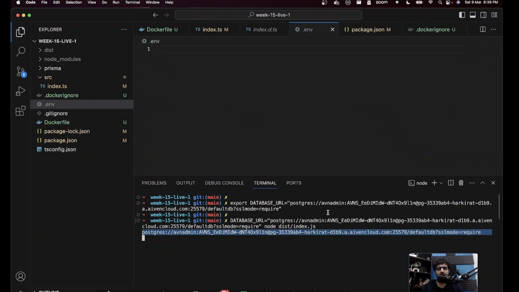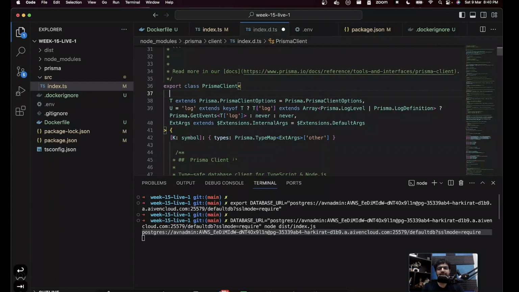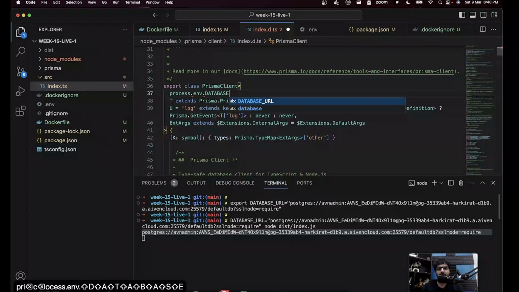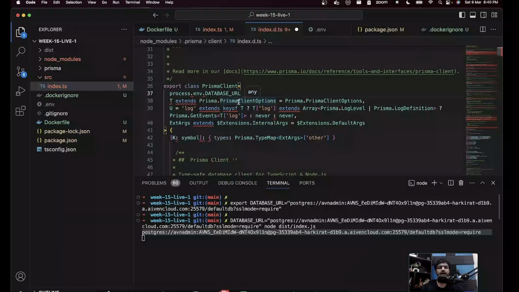As you can see, the variable got logged, which means process.env.DATABASE_URL exists. So basically what's happening in this Prisma client somewhere is, it gets process.env.DATABASE_URL or the default URL, which we did not give it. But since we injected an environment variable, it worked.